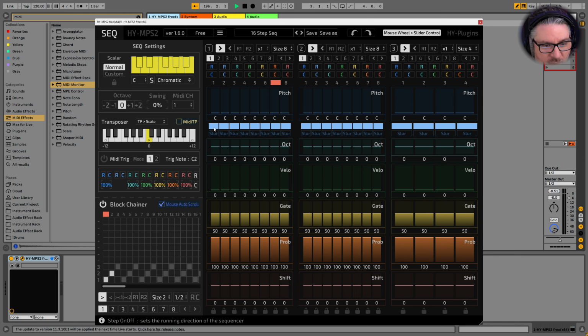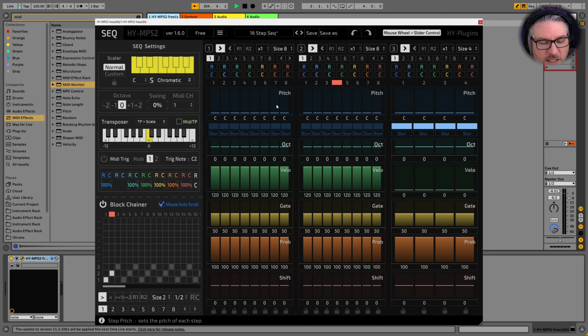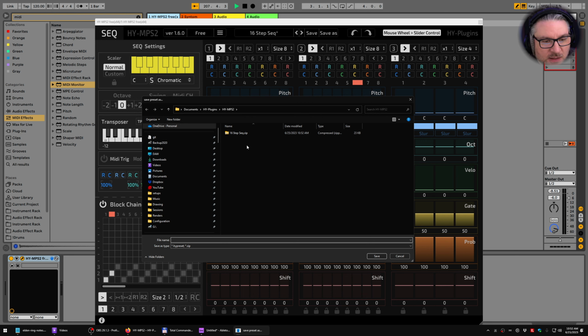So now what we can do is get rid of all of these steps. Actually, I want to save it again. Yes. And I want the velocity actually reset. I want the velocity to be, which is 1, 2, 3, 4. That's this one, right? Yes. Okay. So that's what I want to be my initialized sequence. And let's save it as that. In fact, it's going to be this init.